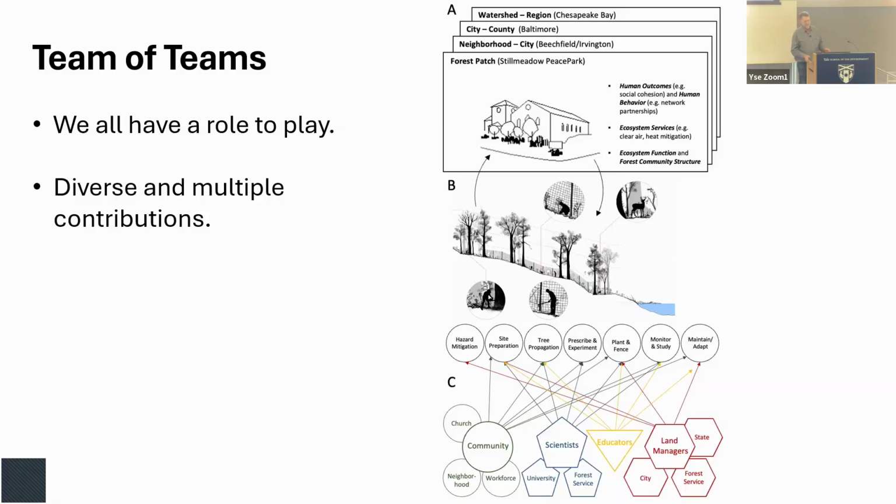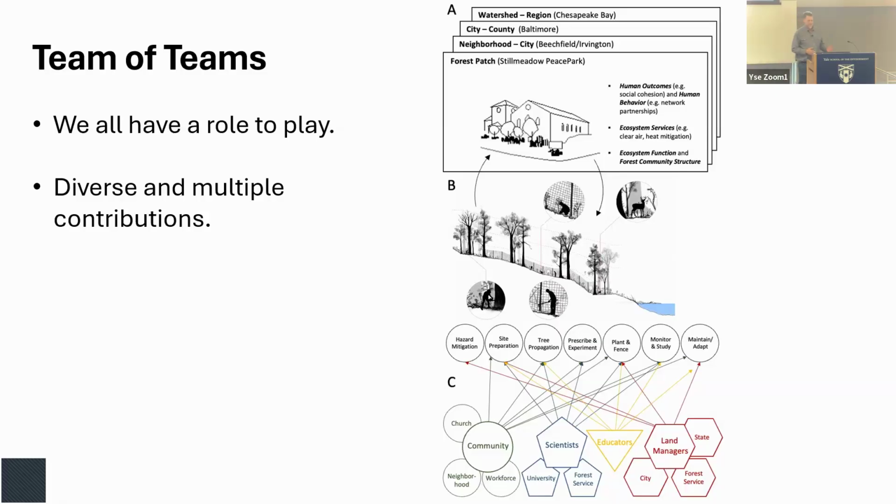And in doing so, and this is actually part of a diagram that Jen Chin helped put together, we are working in this watershed in this region of the Chesapeake Bay, in the city, the neighborhood, in these forest patches. And we have a number of different aspects of our activity to do. On the silviculture aspects of this, we have hazard mitigation, site preparation, tree propagation, the usual set of suspects that you would think about for a whole life cycle of forest regeneration. But key to this, the fundamental thing is not the enumeration of those different activities, but the recognition that we have different people that are contributing to the stone soup of putting this together, right?